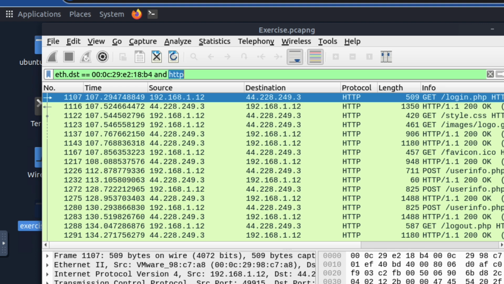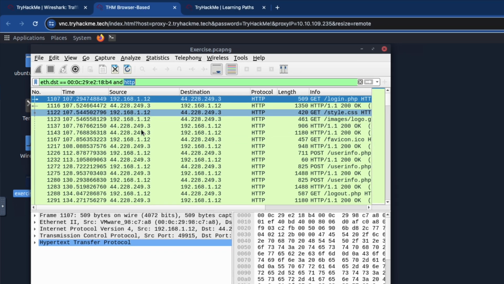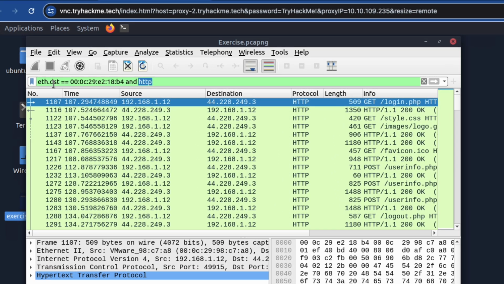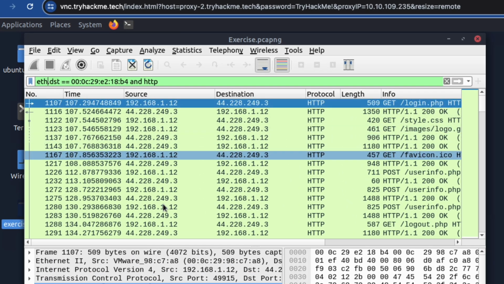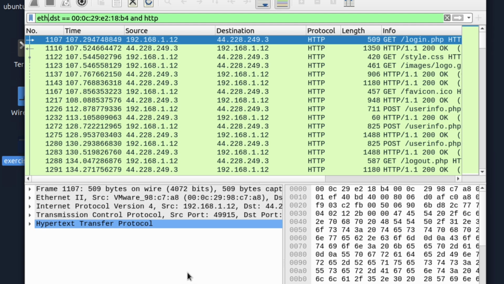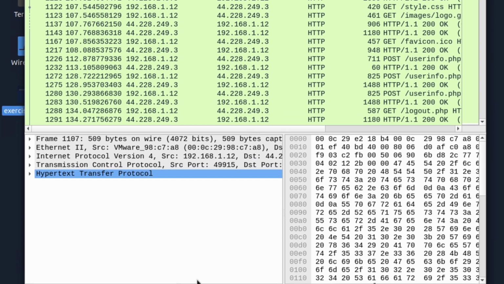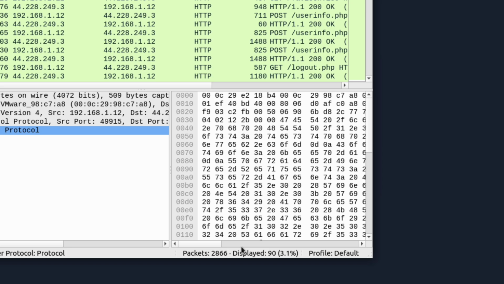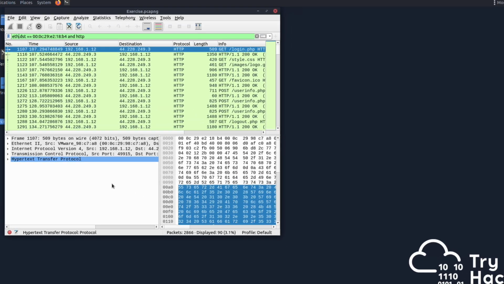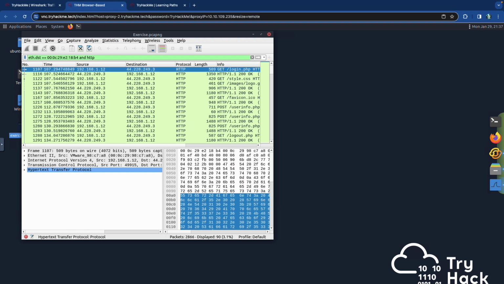So arp.dst.hw_mac didn't bring up anything, so I ended up going with eth.dst, so Ethernet destination equals the MAC address and then the HTTP protocol. And so now we have 90 as our potential answer. So let's see if that's actually the right answer. And it is. Great. So now we can move on to the next question, which is, what is the number